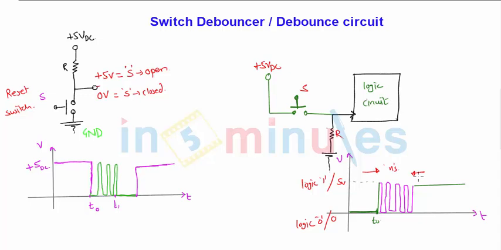So a simple solution is there. What we can do is employ one capacitor here, parallel to the current limiting resistor, or the pull down resistor particularly, which is continuously pulling this pin down to ground, that is nothing but 0 volts, to which we will apply a capacitor C.